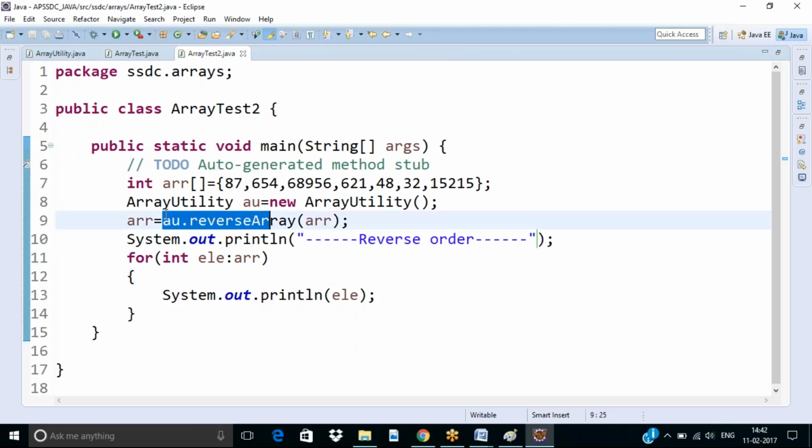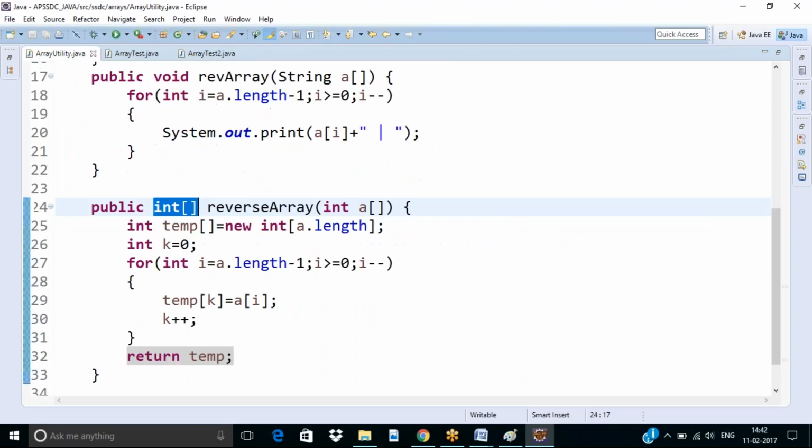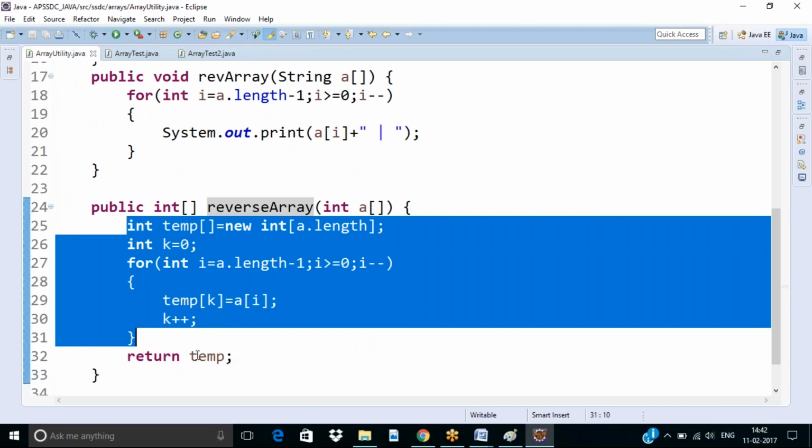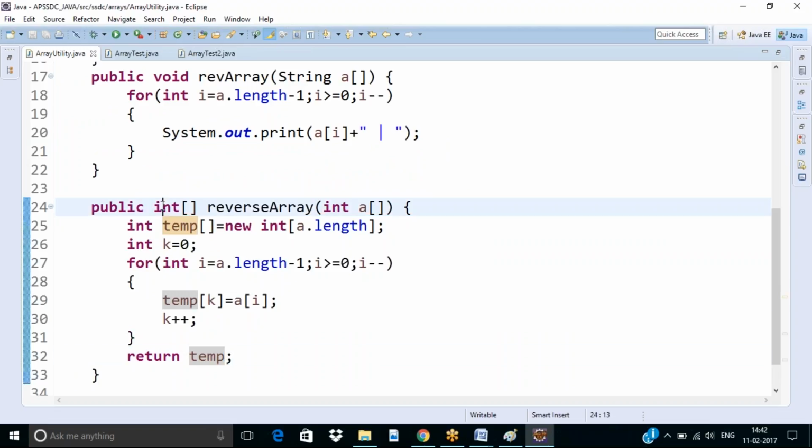So what we are assigning to ARR is the reverse array. What this reverse array is doing is reversing the array and returning the resultant array to the